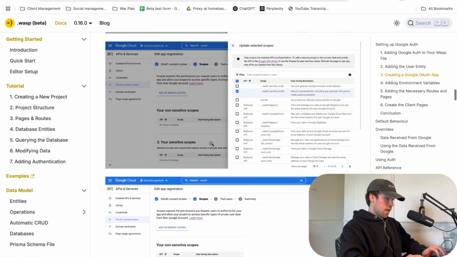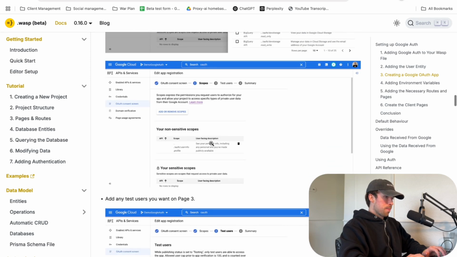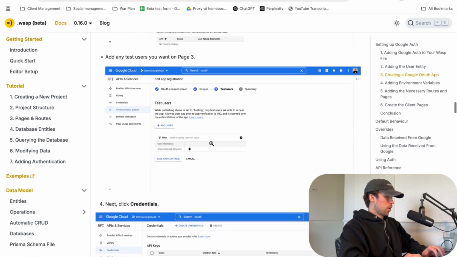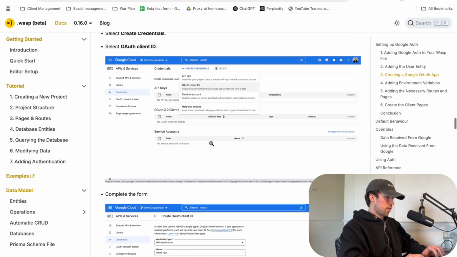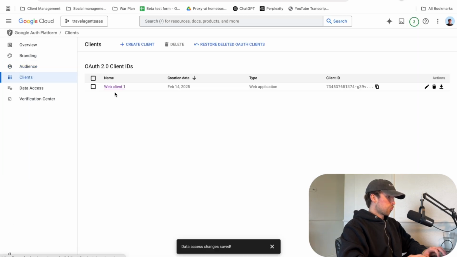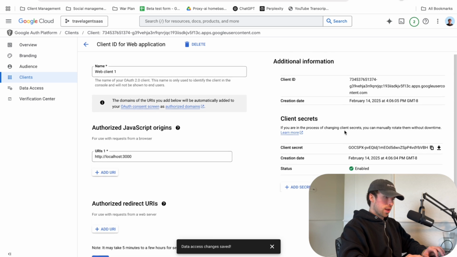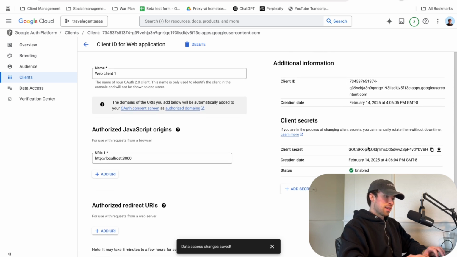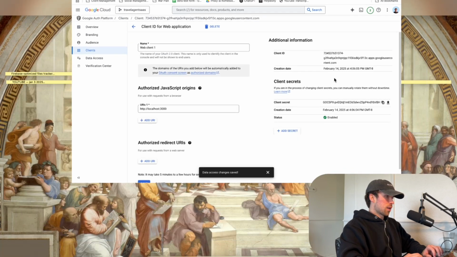Then from there, what do they do next here? We go create credentials. We already did that. Cool. Now if we go back to clients right here, we click on the client we created. We have the client ID and then the client secret right here. So we're going to grab the client ID, head back to our app